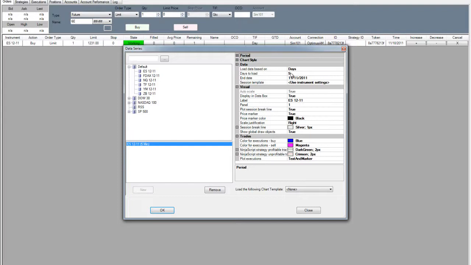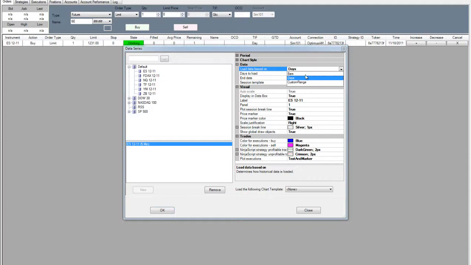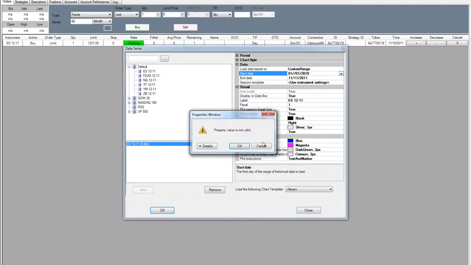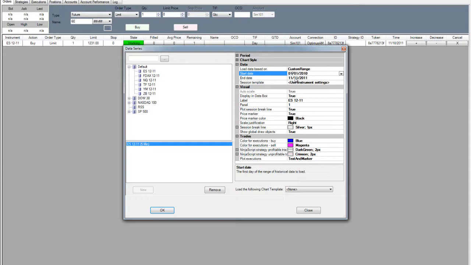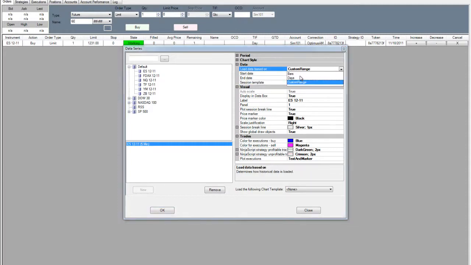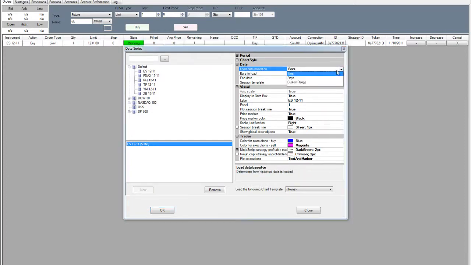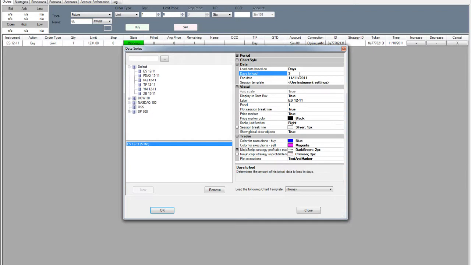I'm going to minimize these so we can focus on just that. On our data, we can load our days based on days, bars, or a custom range. A custom range allows you to select any starting date from any time in the past, and any end date. Bars allows you to choose as many bars as you want to go back. So you can do 150 bars or something that you'd like, and it would end on the end date that we currently have. And finally, we have days, where you can just simply load as many days back as you